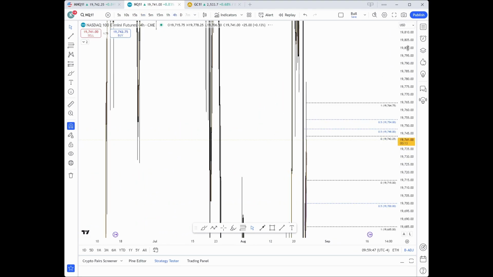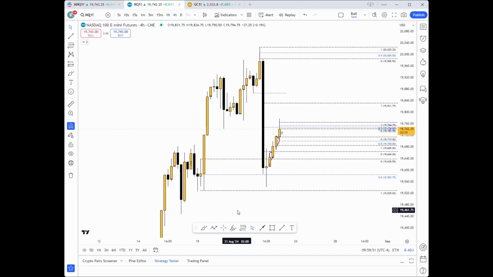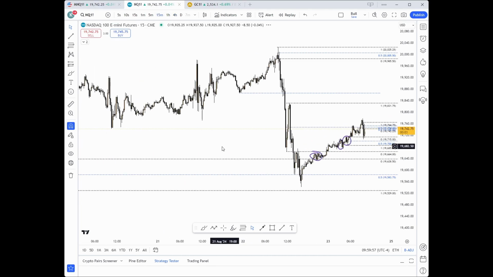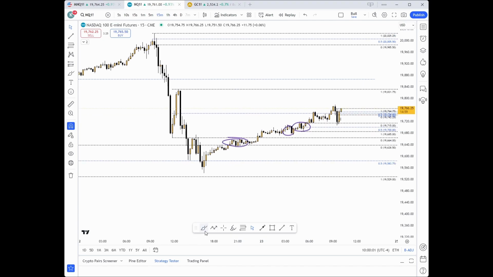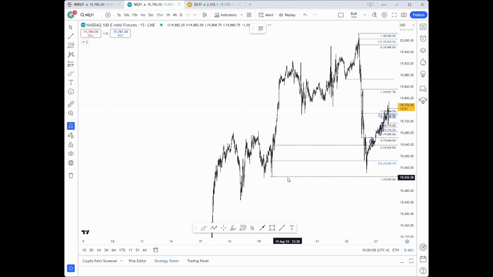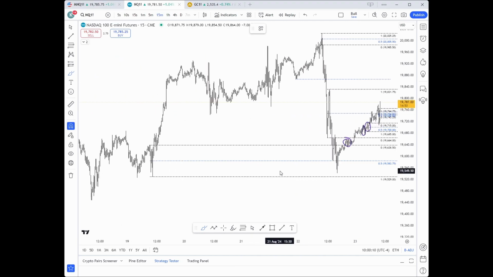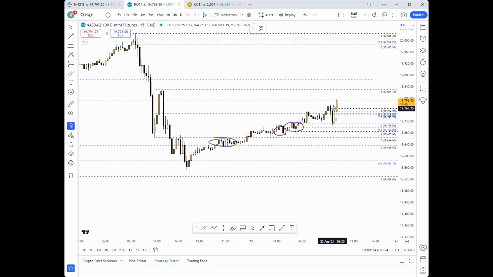All right, so we see that we're really consolidating around this area here. It's sort of a higher time frame swing that delivered lower underneath all this liquidity. But we tapped into our SMDR, right? So should we fail,